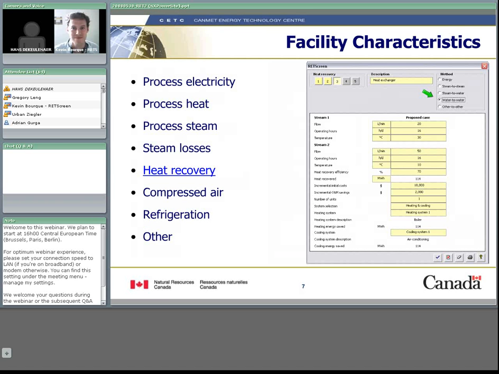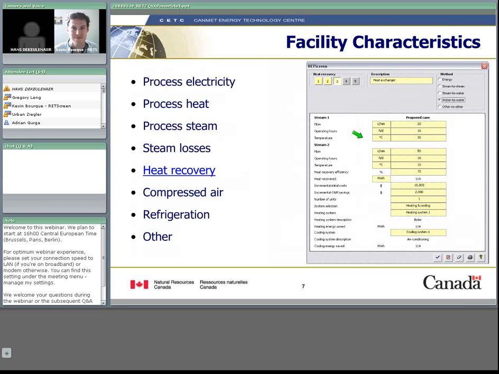So if you're in the food industry and say you're looking at milk or yogurt or other products that have specific densities and heat capacities, you can enter that here. You'll notice that we only have the proposed case in this one because the base case is not doing heat recovery at all. Here we specify what our first stream is, so how often it's operating, its flow, and its